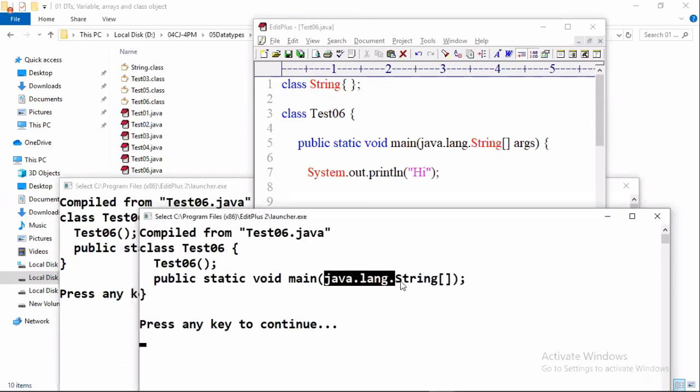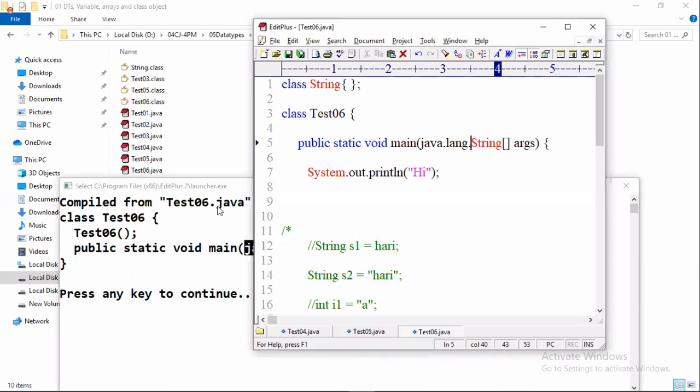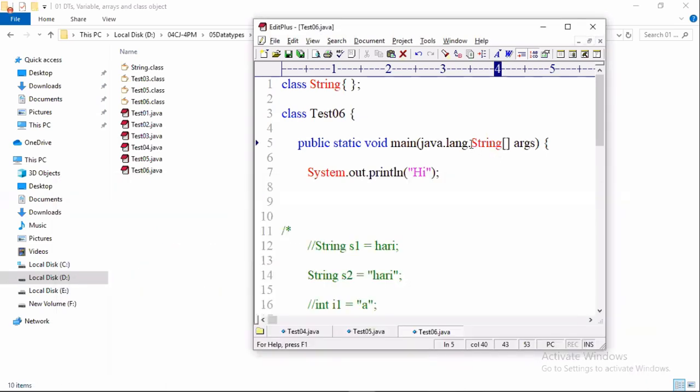So the JVM is executing it. So tell me, what is the full prototype of the main method? Tell me the full syntax of the main method. public static void main of java.lang.String. For a compiler, you can give String, and the compiler will add java.lang. But for the JVM, you must add what? The full java.lang. If the compiler is not adding, you have to add it explicitly. Can I hope all people got clarity on this point? Very tricky interview question it is. Very, very important interview question it is.